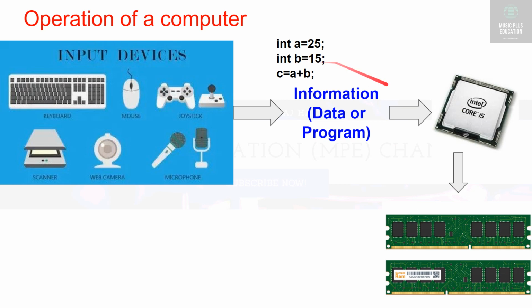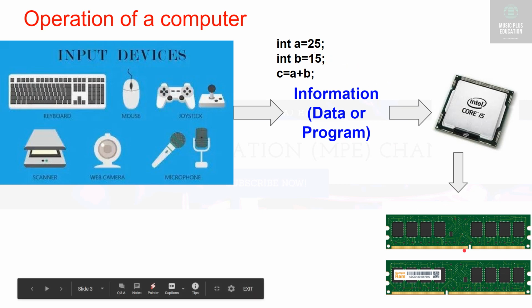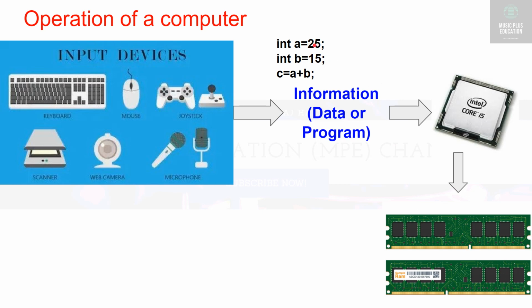And will this 25 and 15 be stored in the memory as it is? No. First, 25 is a decimal number. When you go to the market and want to purchase some items, you say 25 rupees, but the computer converts that 25 rupees, a decimal number in human language, into ASCII code. How do we convert decimal to a hexadecimal number, that is binary or hexadecimal? Please watch my previous video, then you'll understand. So this is how it converts a decimal number to hexadecimal and stores it in the memory.